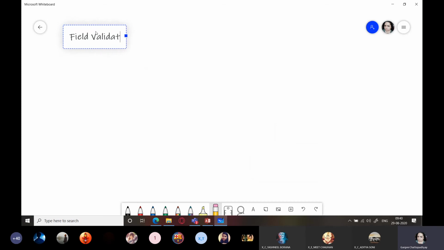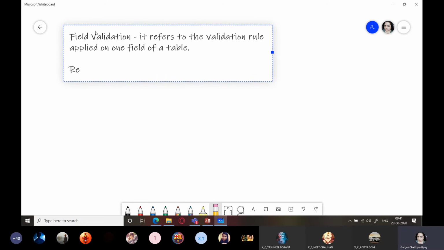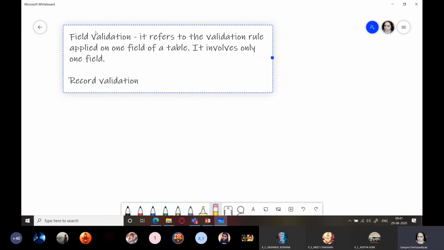Field validation refers to the validation rule applied on one field of a table. And record validation involves only one field.